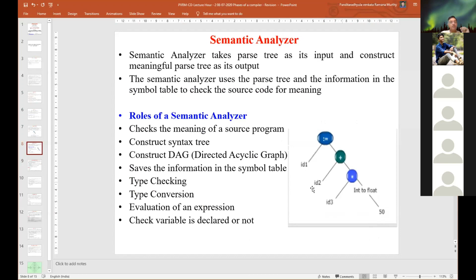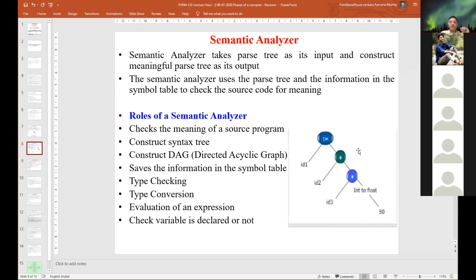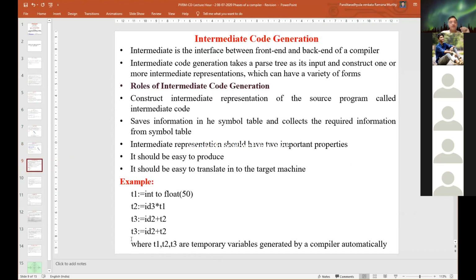From this T2 and this operation, we are creating one more output. So T3 is nothing but ID2 plus T2. So finally, we are getting this result. Then we can use this result with the ID1.